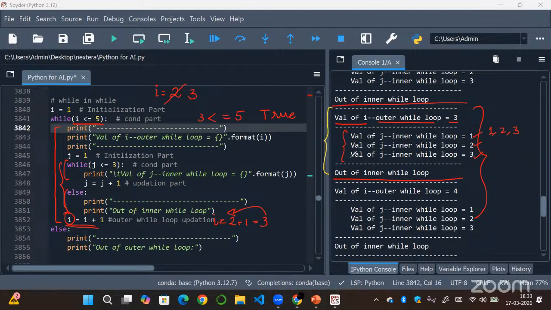So as we are done with the third iteration, we will move on and update the value of i. So the i value will be equal to, now it is 3, right? So 3 plus 1 will be 4. So 4 will be updated to the value of i on the left hand side. So 3 will be updated to 4. So now